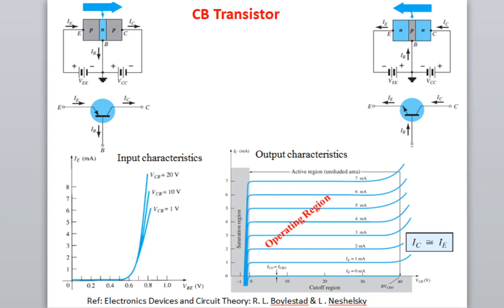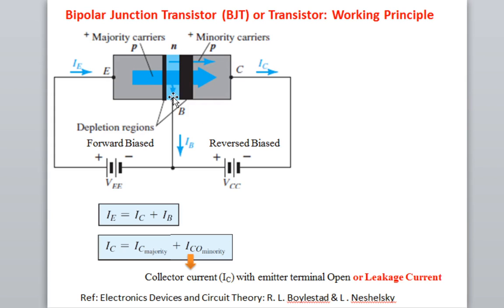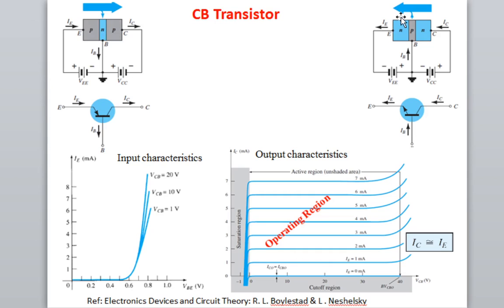So in case of common base transistor, base is basically common between the input and output. So here if you see, we have applied voltage, and base is kept common. This is a PNP transistor, similar to the previous case. I have explained the common base transistor, PNP and NPN. What you have to remember is how the battery has to be applied. We have to apply battery in such a way that the base emitter junction is forward biased and the base collector junction is reverse biased, irrespective of whether your transistor is PNP or NPN.